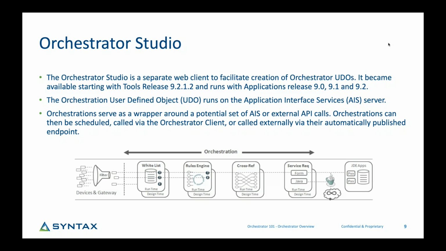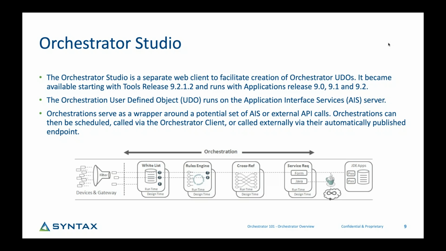This is where on the left side, you'll see devices and gateways. So you have to think of this as your external integration. So with the IoT Orchestrator, it was initially those devices, but now of course, it could be an external web page, it could be an external client that's making a call in. As that data is fed in, you'll see that dashed line where it kind of crosses over into the orchestration. And that orchestration could have a whitelist, could have some rules, cross references, and really the heavy lifting is done